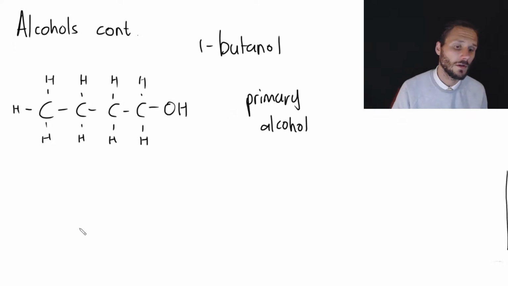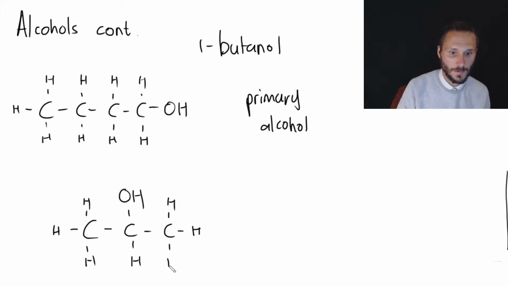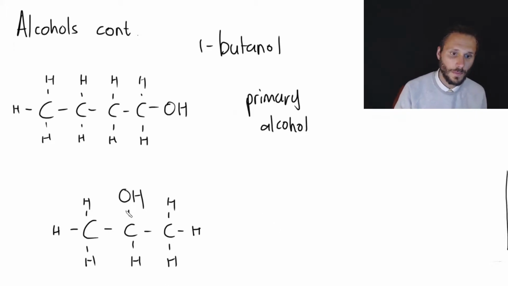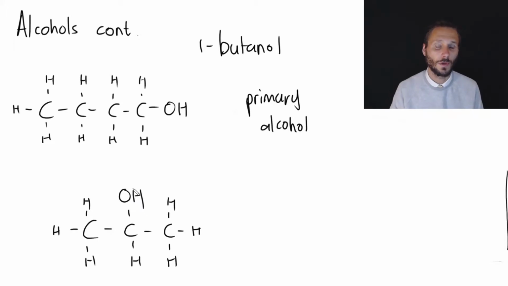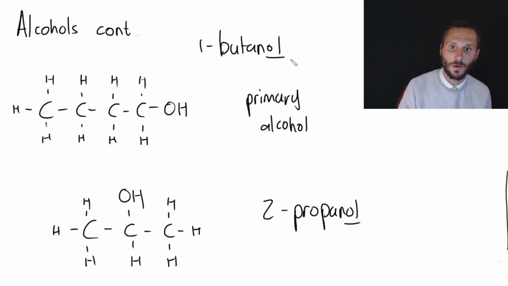Let's just have another look at another alcohol. Let's say we have an alcohol that looks like this. Okay, so let's go ahead and name this molecule now. There's 1, 2, 3 carbons. This is going to be prop, but it's got a hydroxyl functional group, an OH, so this is going to be 2, because it's on the second carbon, propanol, with the -ol at the end. Now this is called a secondary